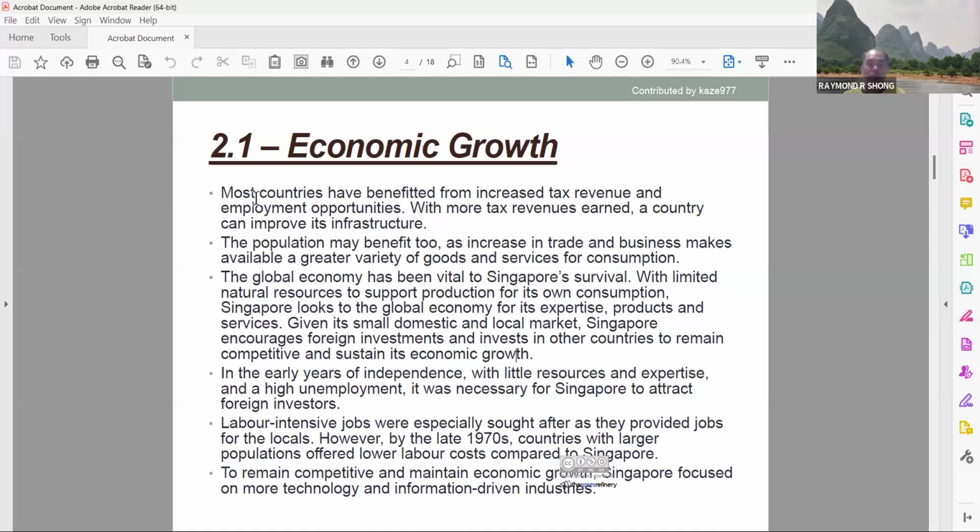These points will definitely help you. Let's talk about one point. Most countries have benefits, taxes. That's FTA. I have talked about population may benefit. Of course, the biggest, which was Hong Kong, I think Hong Kong has 7 to 8 million people compared to Singapore, only 5 to 6 million. The beauty of Hong Kong is because they still get the support from China, but Singapore doesn't have.